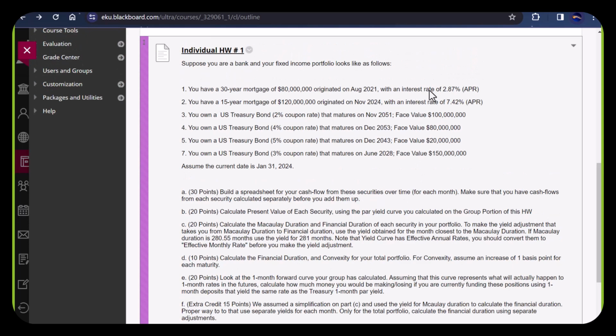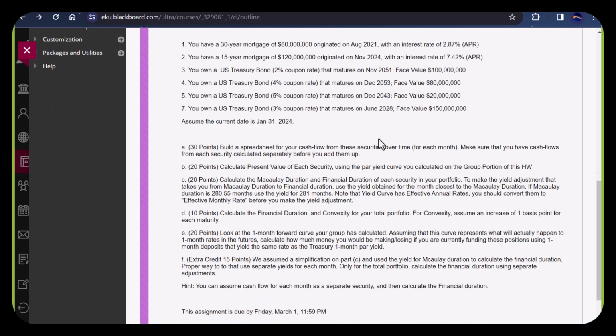That means for the mortgages, you need to figure out the monthly payments. For the bonds, you need to figure out the dates and the amount of the coupon payments. And remember, treasury bonds are semi-annual, so they pay every 6 months. Once you have that, you're going to calculate the present value of each security using the par yield curve that you fixed. Okay? So if you have a cash flow on the month 92,